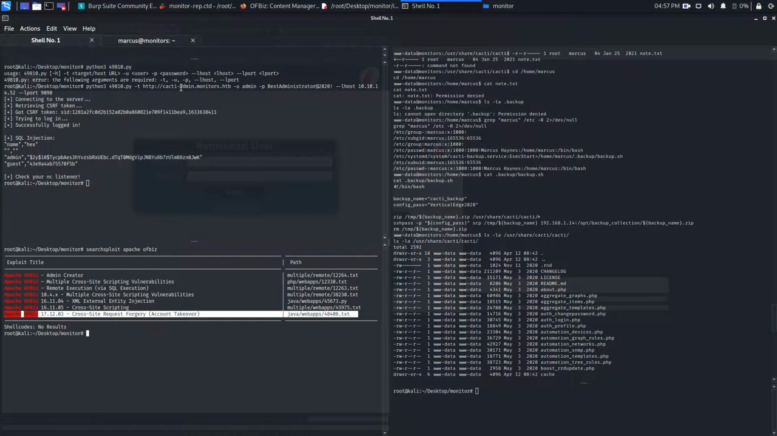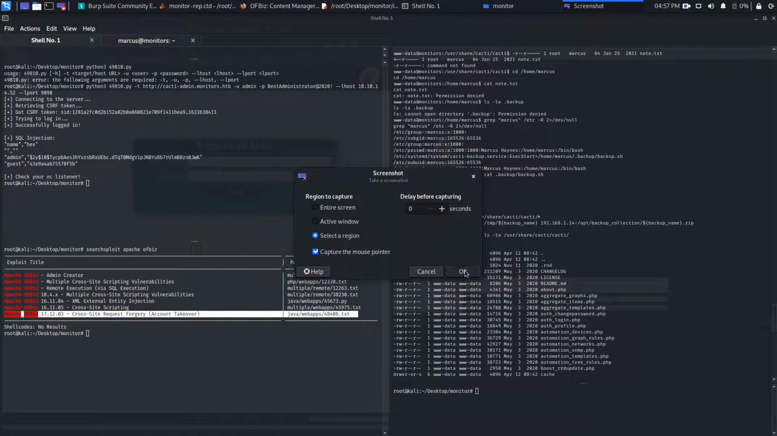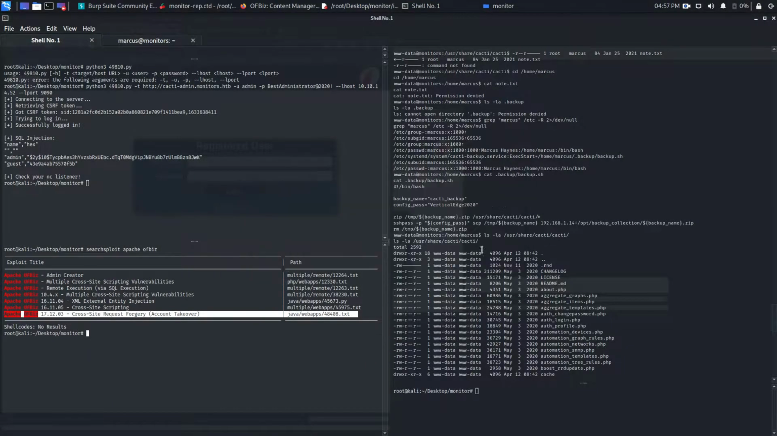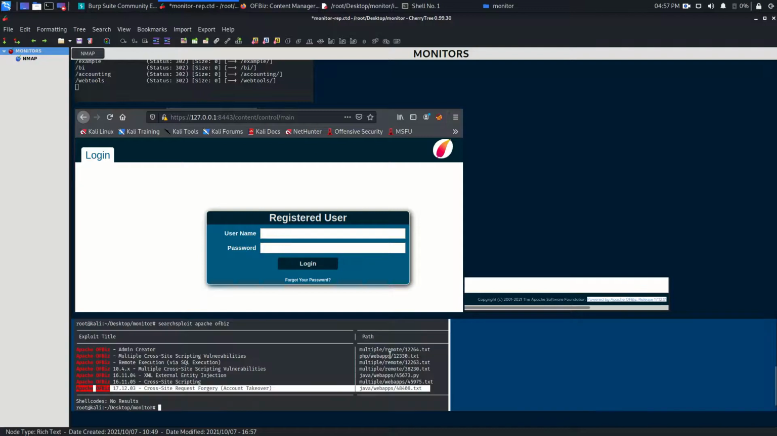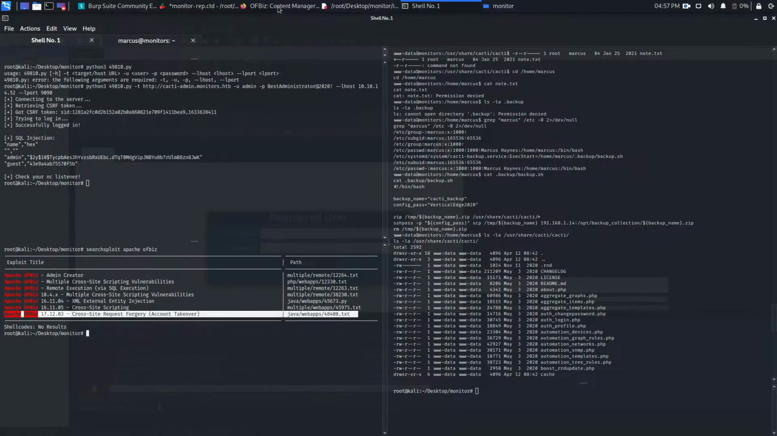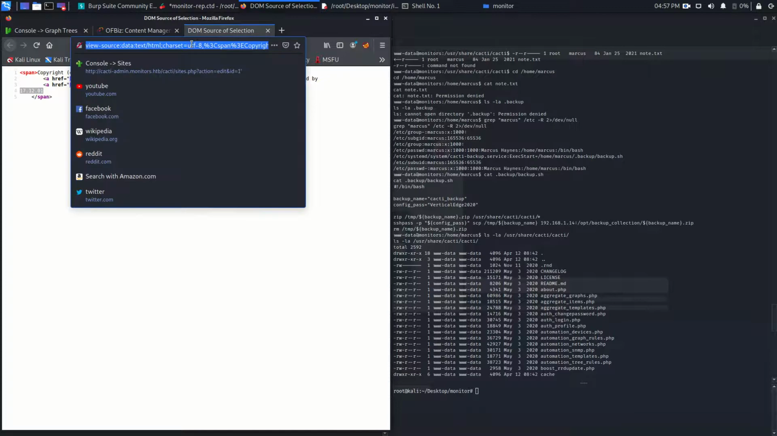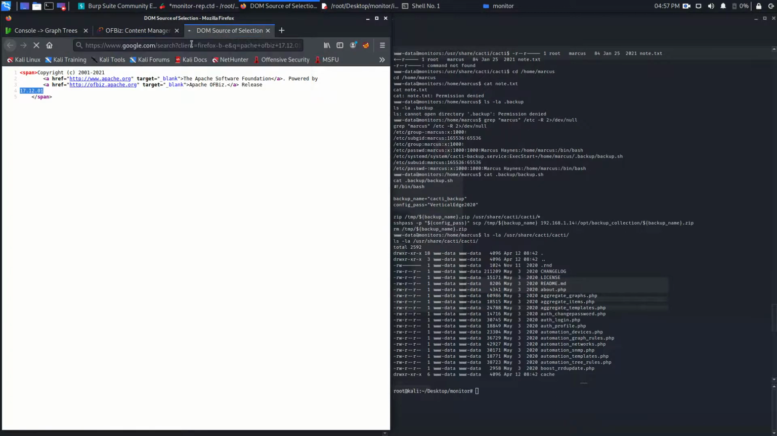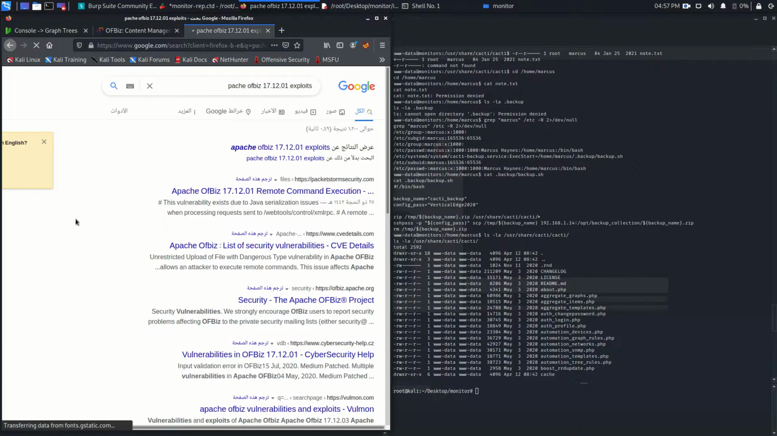So okay, this is interesting. I'm going to take this in my notes. So copy, paste here, and I'm going to search this here also. So Apache OFBiz 17.12.01 exploits. Okay,